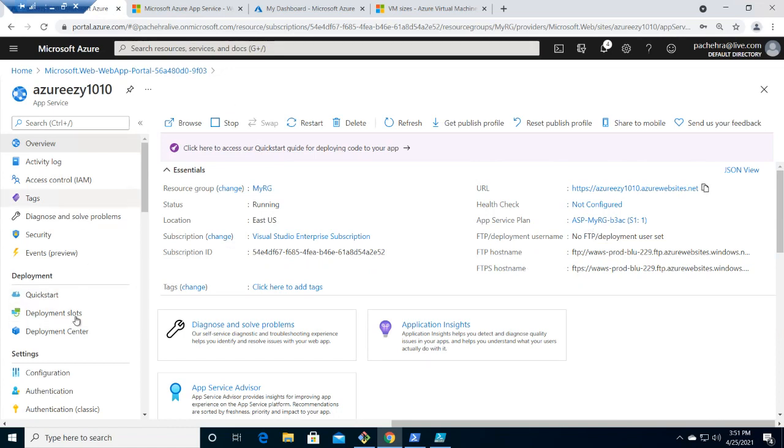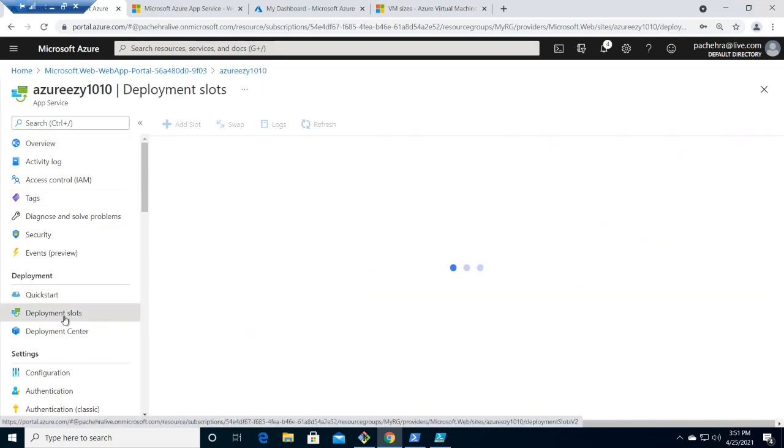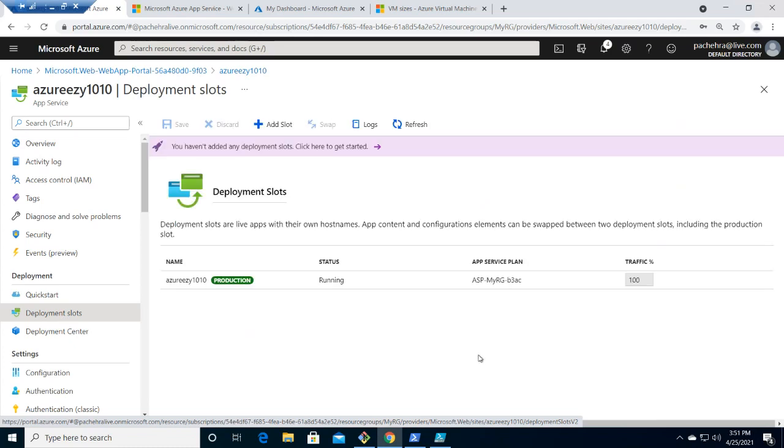And here are the deployment slots, which Ashish mentioned in his slide. So what is a deployment slot? It has already been covered, but just to give you another way of showing it, it gives you the ability to have different or multiple versions of your app running within the same app service, right?